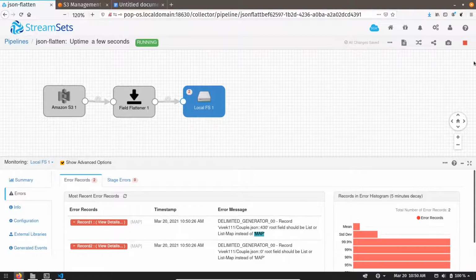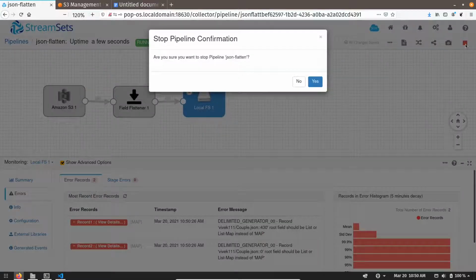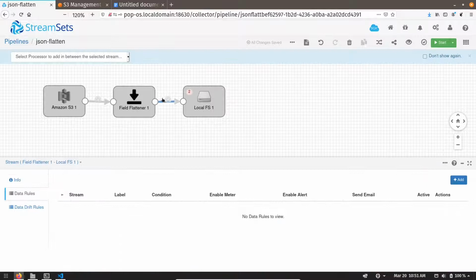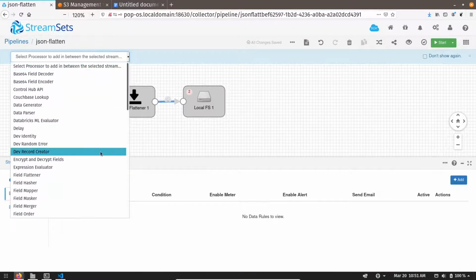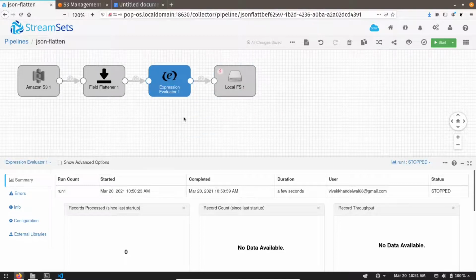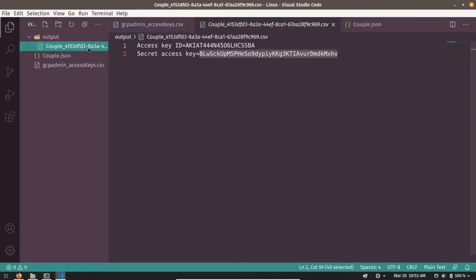So the easy trick to convert map to list or list map is to add an expression evaluator in between. Let me add an expression evaluator. It has already created an output file, so we can delete that output file because it doesn't have any data.